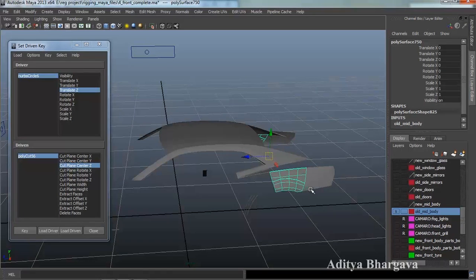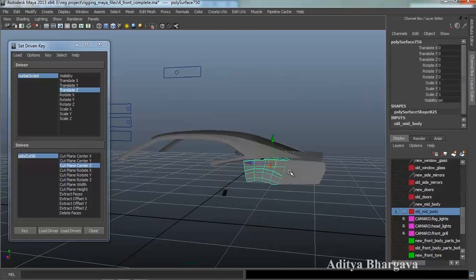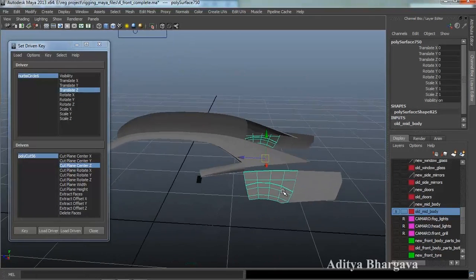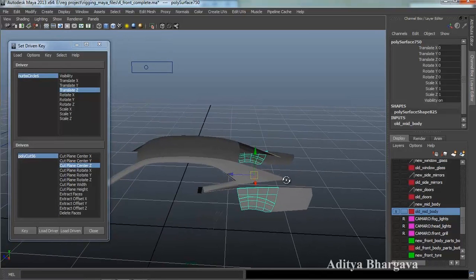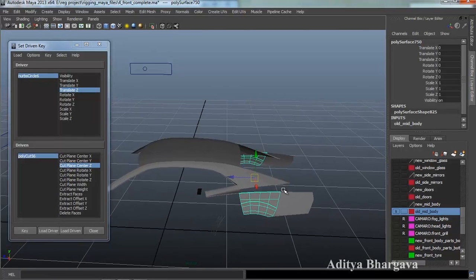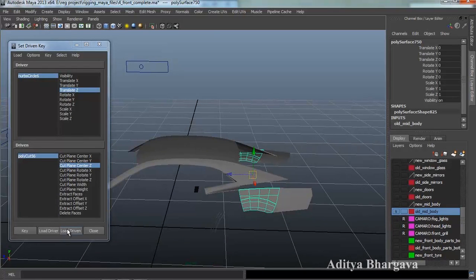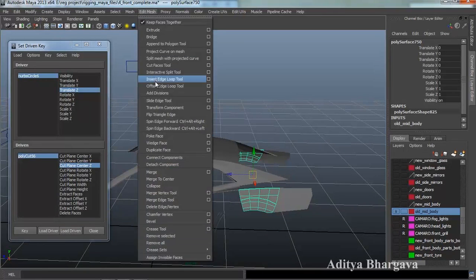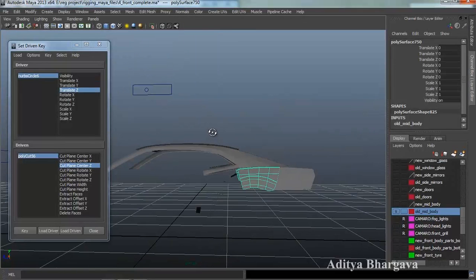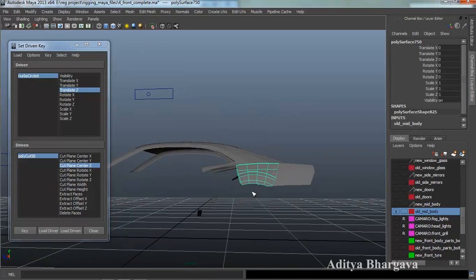Now we'll select this object. We'll repeat the same process, just this time we won't make the object go outwards, just to add some randomness in the scene. So now we'll select the cut faces tool. Instead of just making this object a driven object, we'll now make the cut faces tool a driven